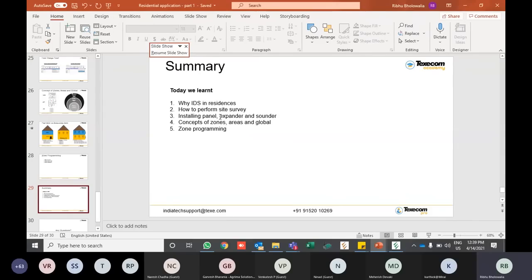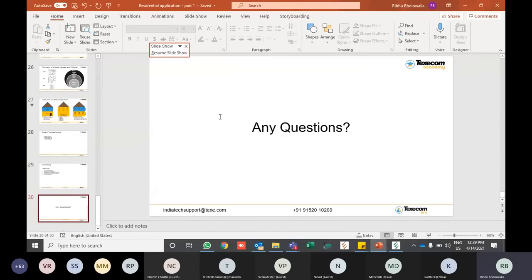Then we have learned about the installation part, how to do the installation, how to do the wireless sensor programming, and how to check the signal strength by just putting that sensor temporarily at the site. Then after that, we saw the concept of zones, areas, and global. That is basically different types of arming within the area, how to do different types of arming, and how many types of armings there are. So that's all we have learned in today's session. Hopefully you are able to understand. And guys, if you have any questions or